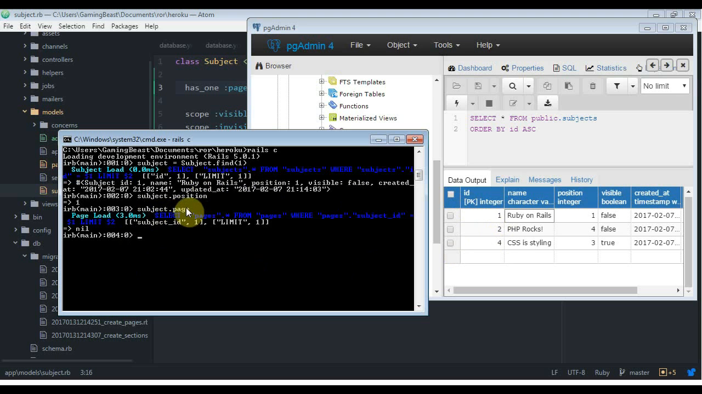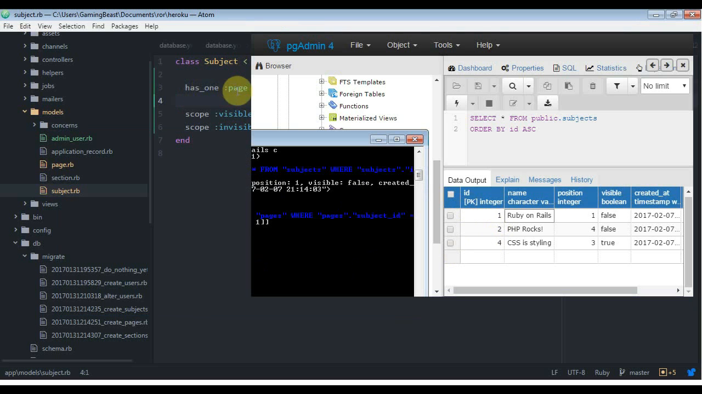Okay, so page is a method here. This page is a method that we can use with the has_one and belongs_to relationship, which is right here. You know, the has_one page, okay, belongs_to,